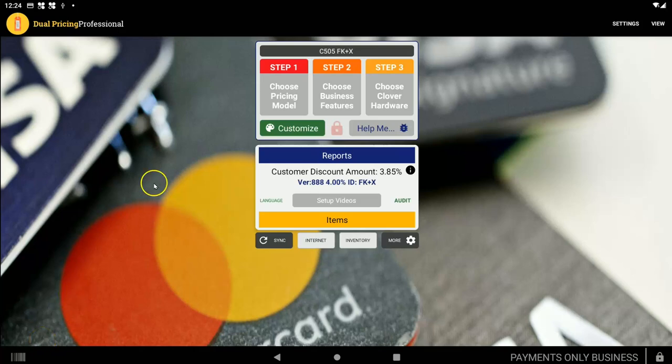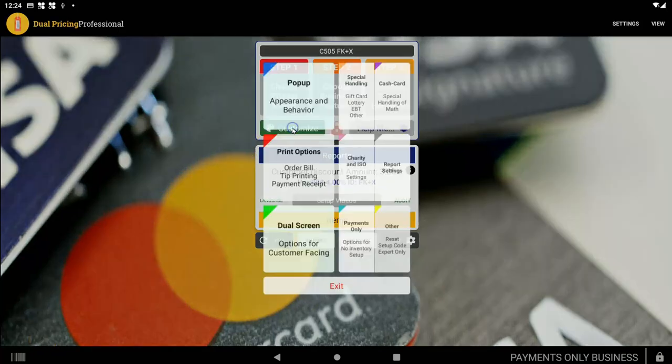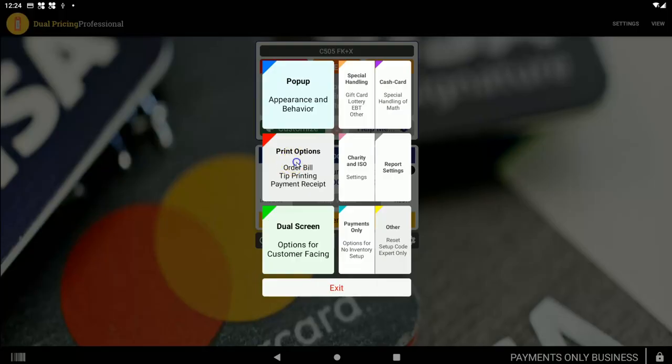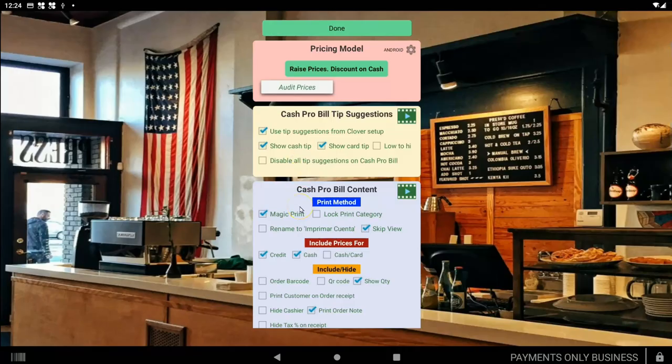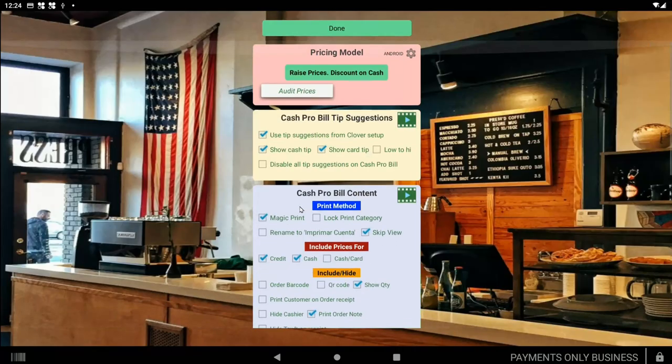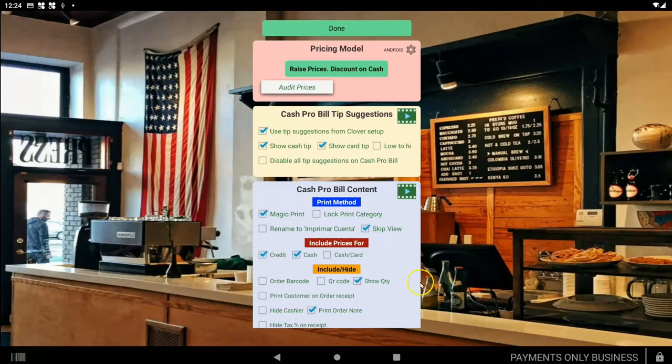Video, I'm going to explain to you the print options. You tap customize print options right here. Okay. Now there's multiple sections here. As you can see, you can scroll to see them all. Basically on the print options, first of all, you have